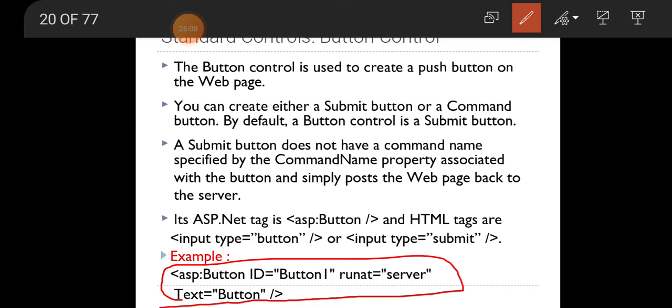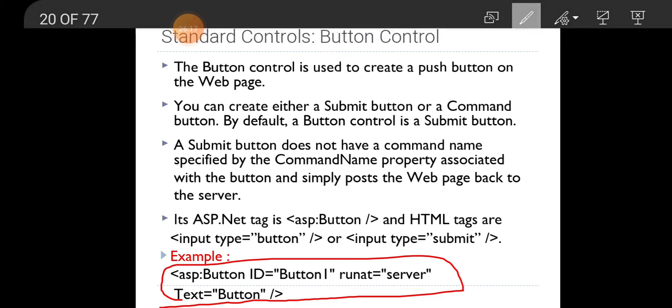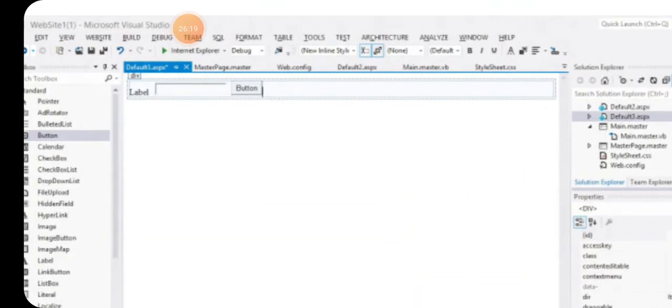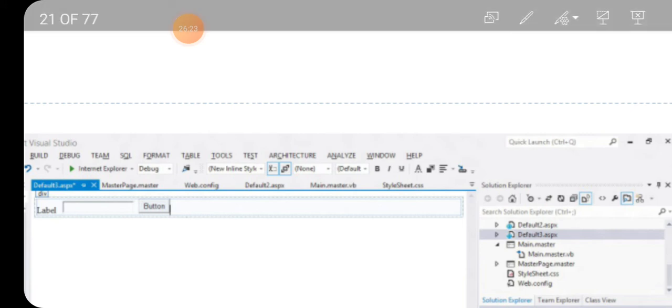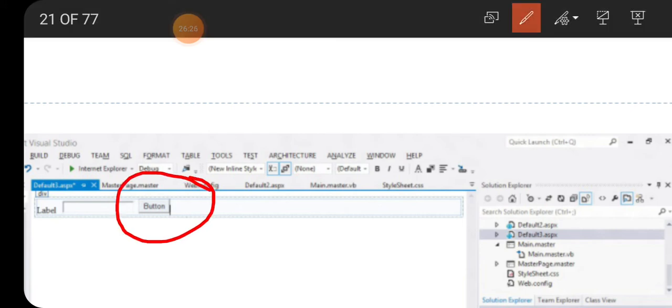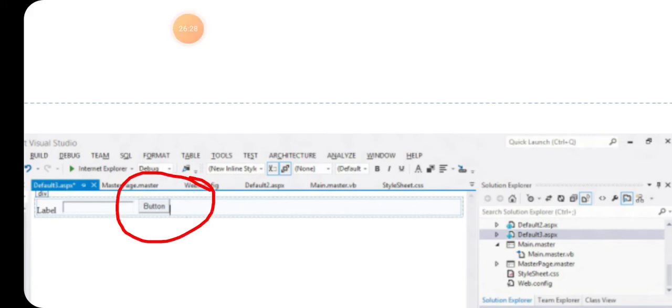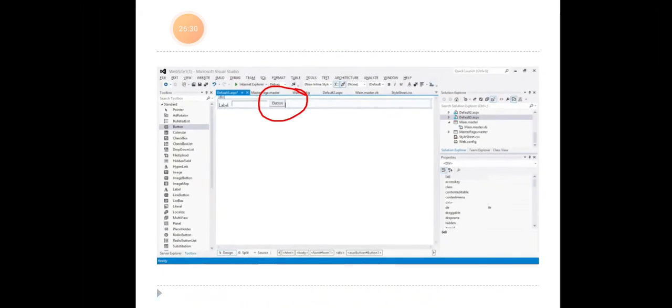The Text property is used to specify which message will be displayed in the interface. Here I specify Text equal to Button. Here see, the button has the message Button. Okay, we move on to the next slide.